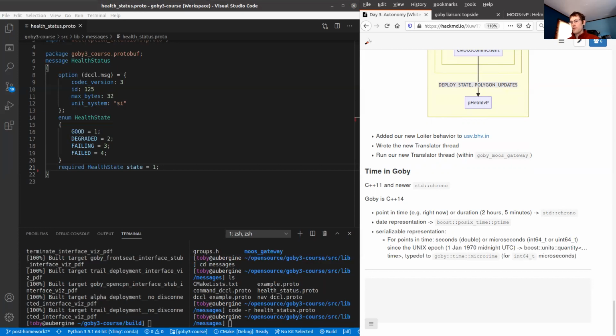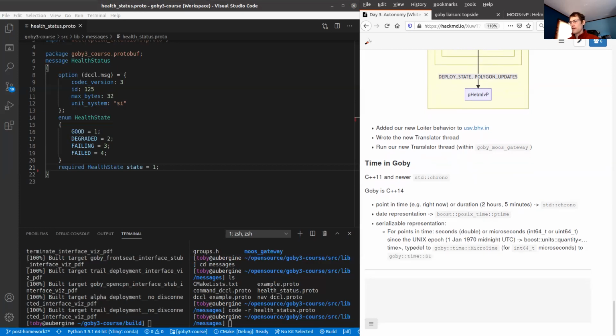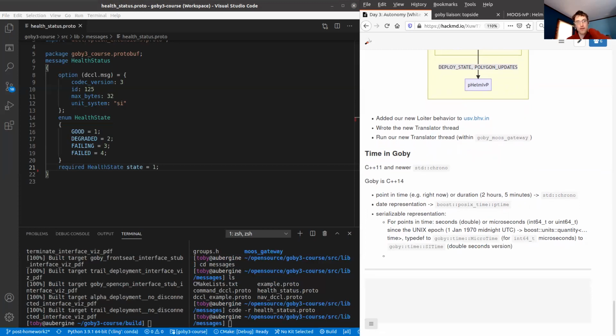And it's typedef'd to goby::time::SITime for the double seconds version. So you can use either one, and because we're using boost units quantity, you can convert between them without accidentally messing up.